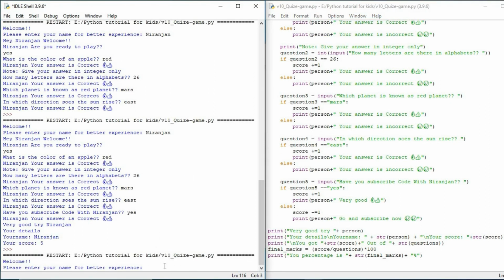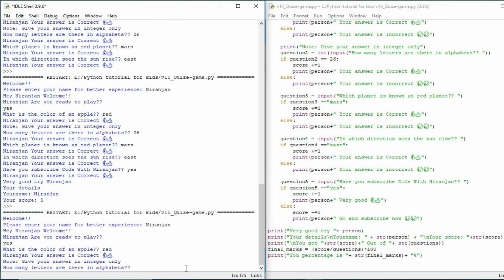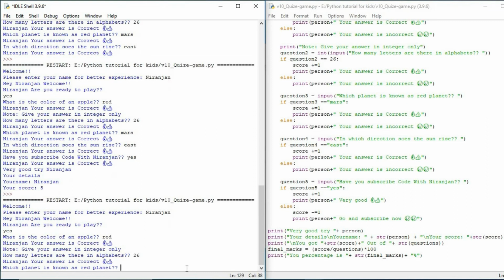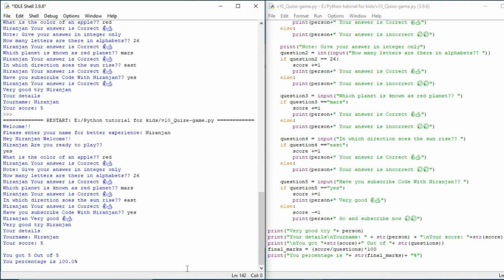Now if we run the module, Niranjan, yes, red, 26, Mars, east, yes. Your details, very good try Niranjan. Your details, your name Niranjan, your score 5, you got 5 out of 5, your percentage is